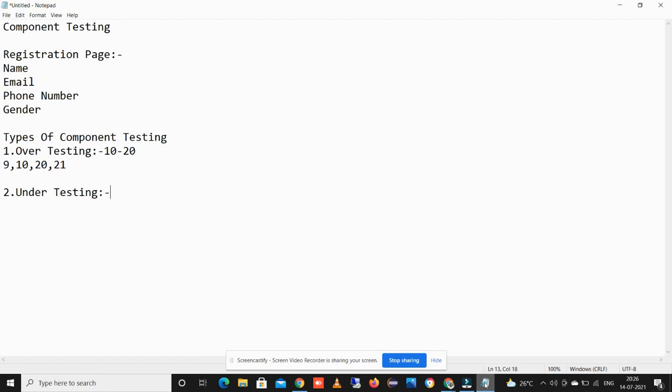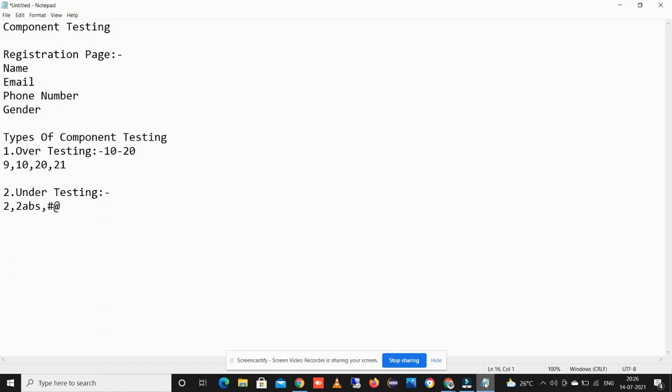In the mobile number field, we are able to enter numeric values, and as a tester, we are going to test with positive and negative values. As a positive value, we enter numeric digits. As a negative value, we will enter numeric combined with alphabetic characters. Then we will also try with special characters. In this way, we are going to proceed with under testing.